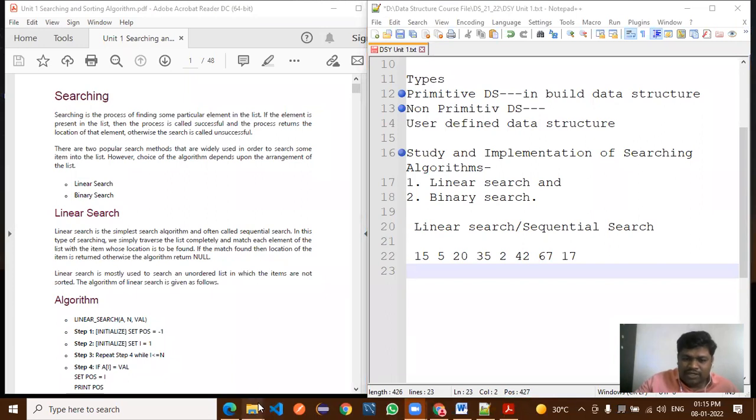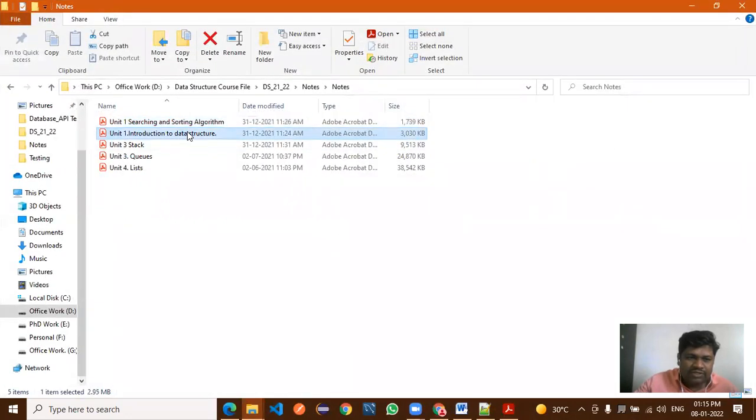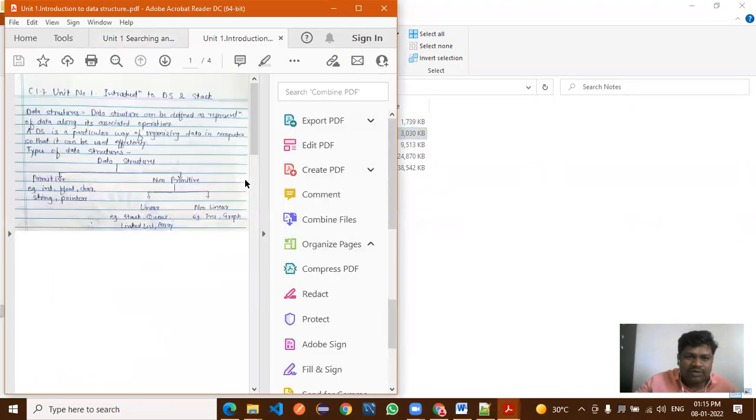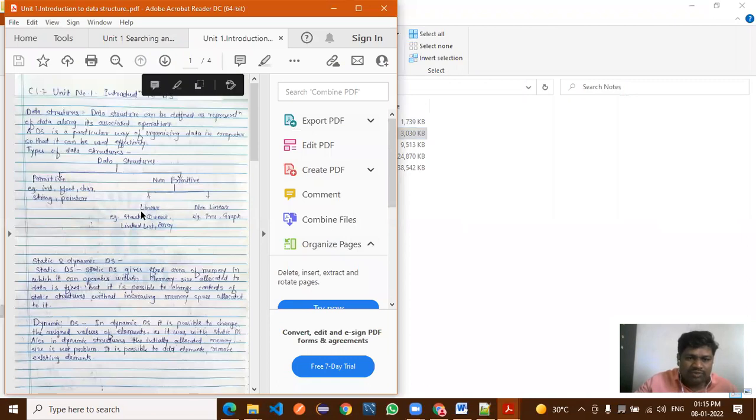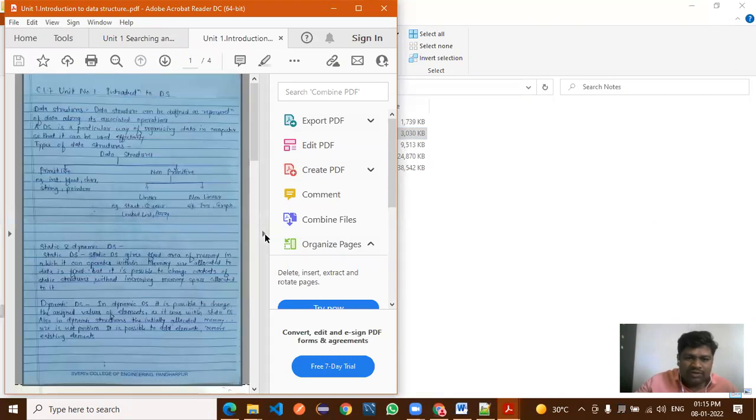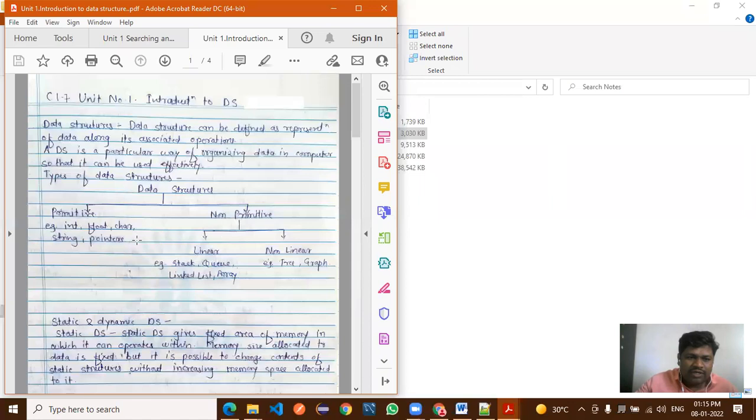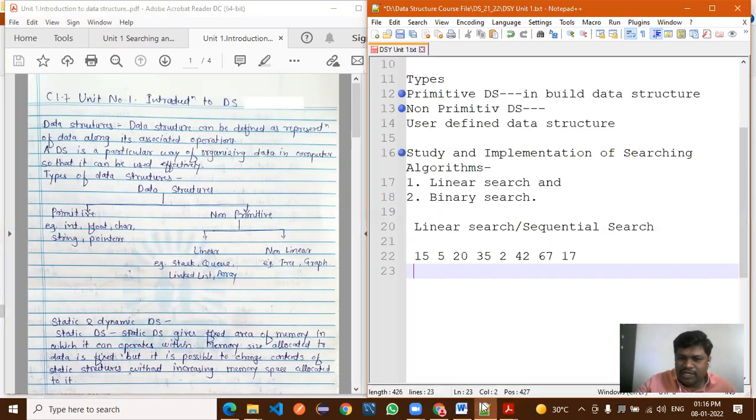I think in the previous session, the day before yesterday, we already discussed this. Let me show you the PPT we discussed yesterday. Primitive data structures are inbuilt data structures, right?